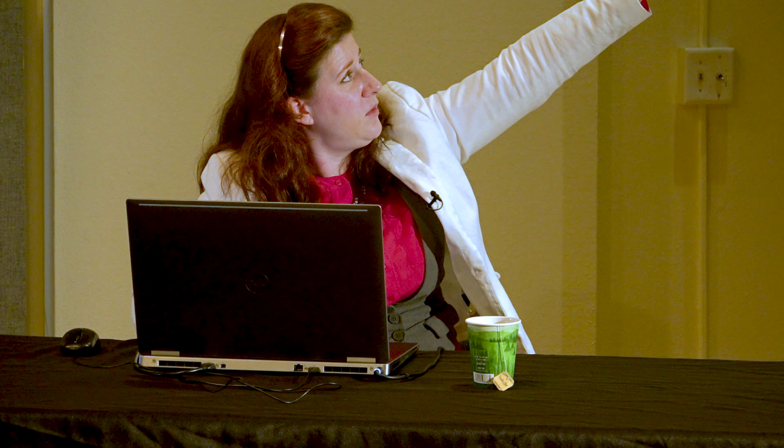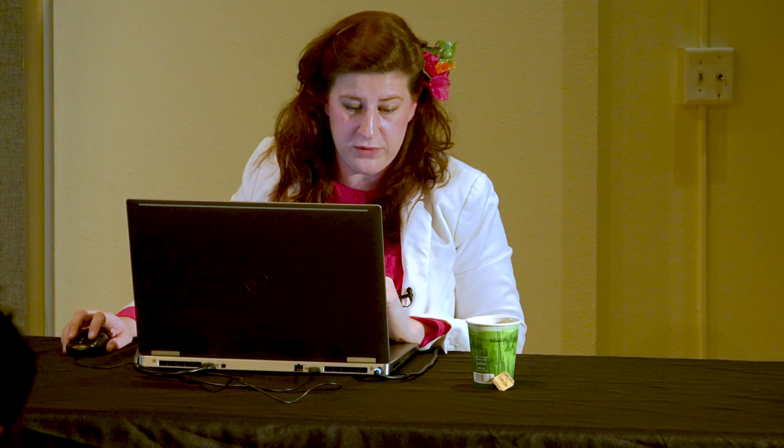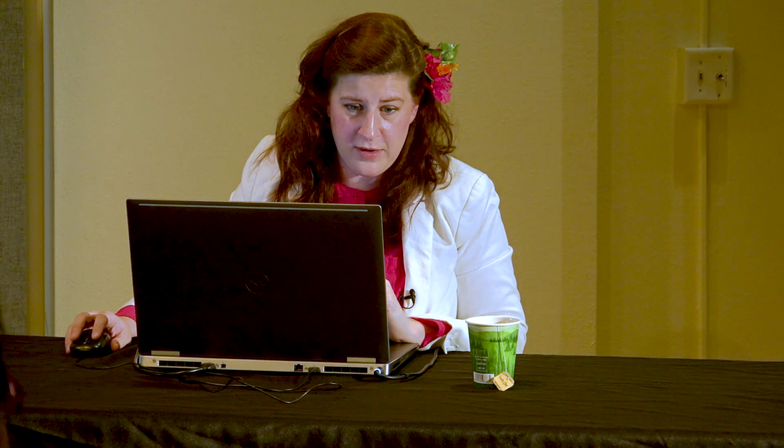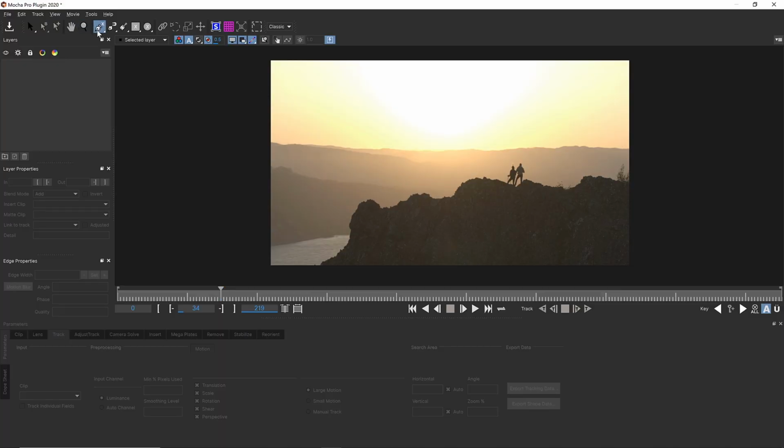You can use what's called the mega plate inside of Mocha. And what that does is some really cool stuff. Let's talk about it. Let's go over to our effects controls, and let's go ahead and launch Mocha. We're going to take our spline tool. I'm actually going to take my magnetic spline tool,